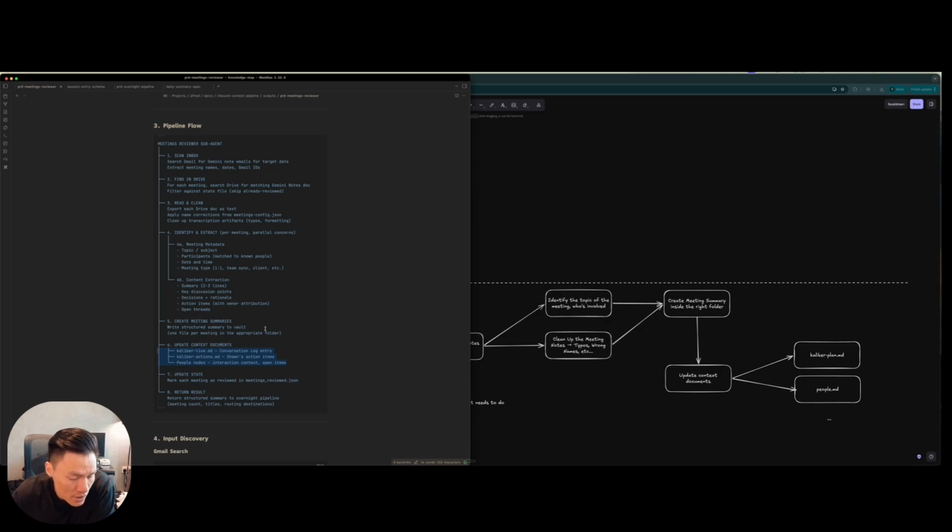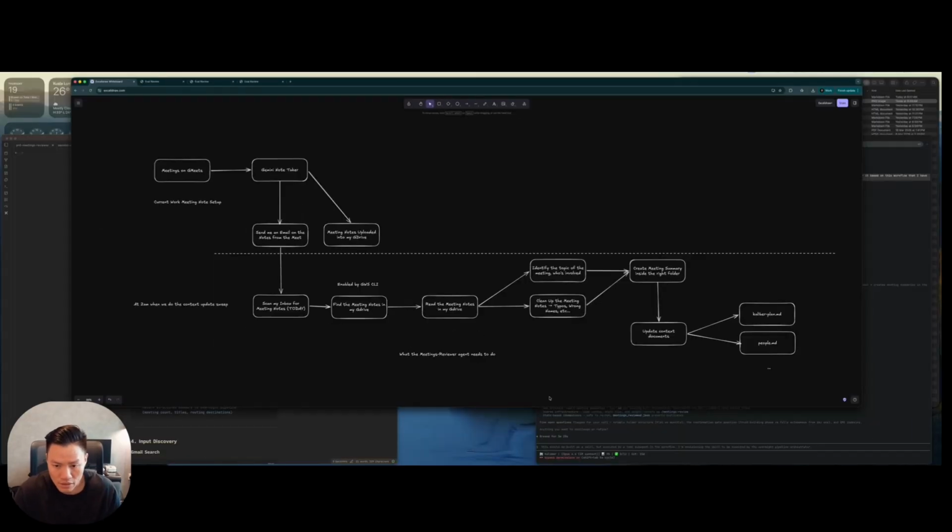Live actions, people nodes. Now, what's missing here, based on what I described earlier when building the session wrapper agent, is that the quality of its ability to document is dependent on how much context it has about what it's documenting, right? In this case, it's reading and cleaning, but it doesn't have the context about what it is reading and cleaning. So for me, I think that before you even read and clean, it needs to load the context document. So what I'm going to tell it